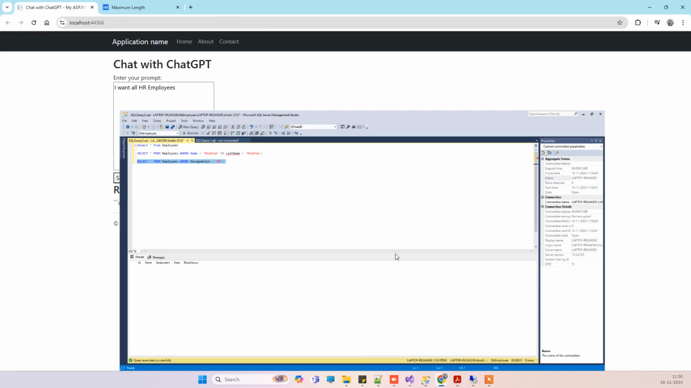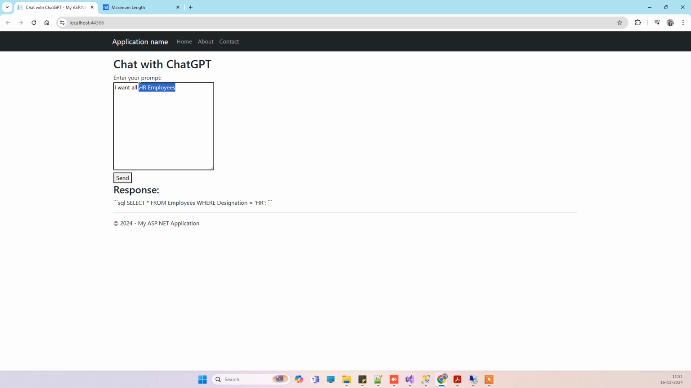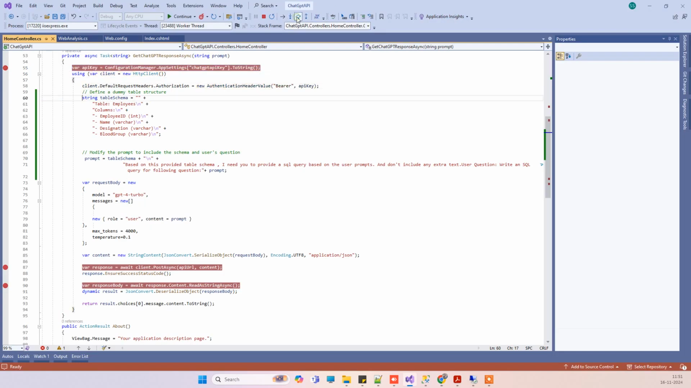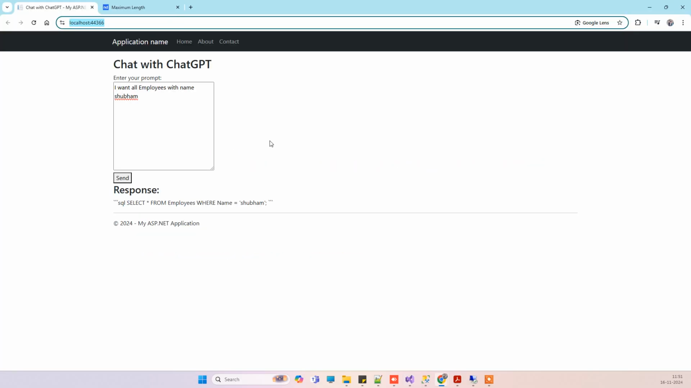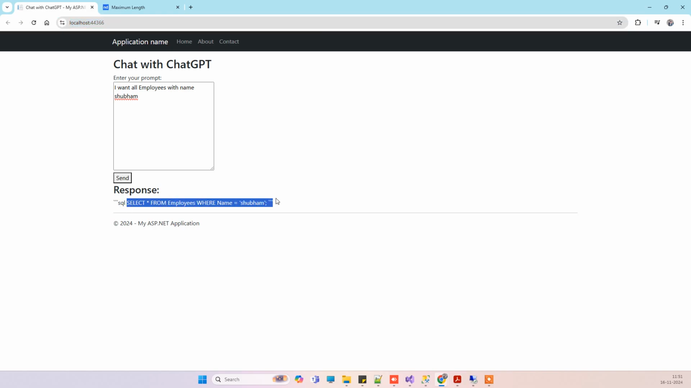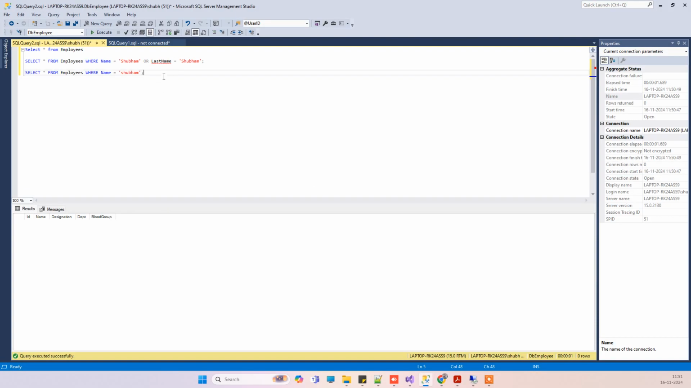Similarly, suppose I want to ask something like, I want all employees with name Shubham. Then it will again go to the database, and based on the schema it will generate a SQL query. Now this query we can again pick and try to execute. Because the name of the employee here is Shubham Sani, and ChatGPT is using an equal operator,